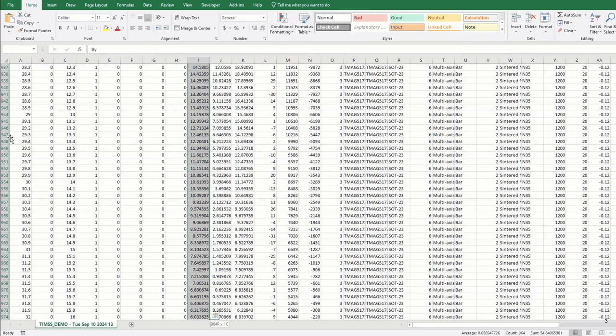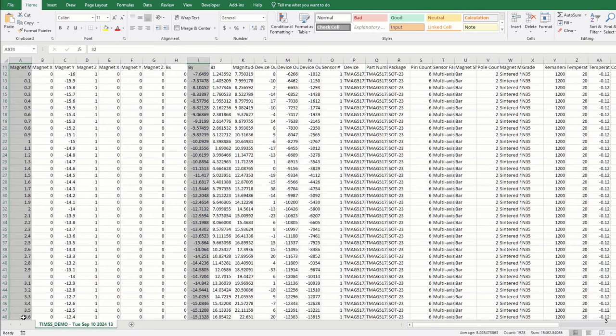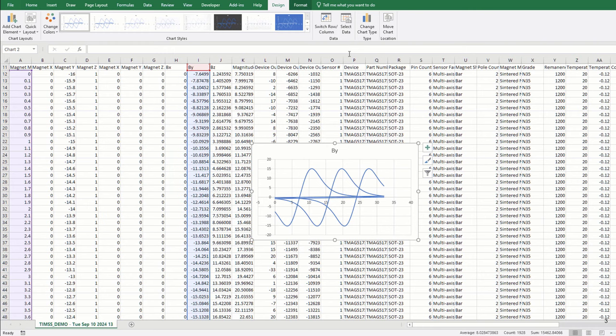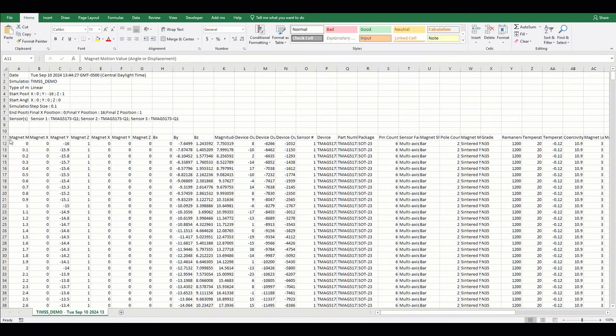If we were to try to create a plot of the magnetic field in just the y direction, the resulting plot isn't as neatly organized as we might hope. We see that the results from all three sensors are contained in a single data series. The format style seen here is meant to be used with data analysis tools or by configuring for a pivot table, which is a powerful tool for exploring large data sets.